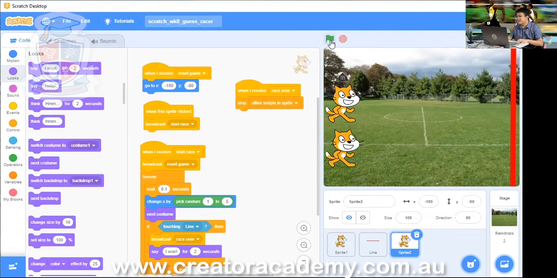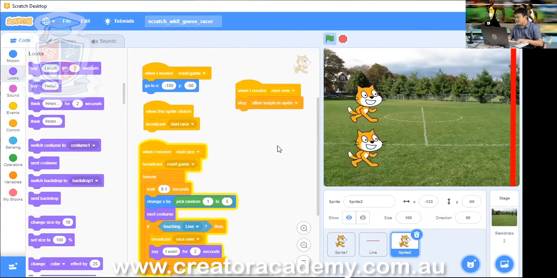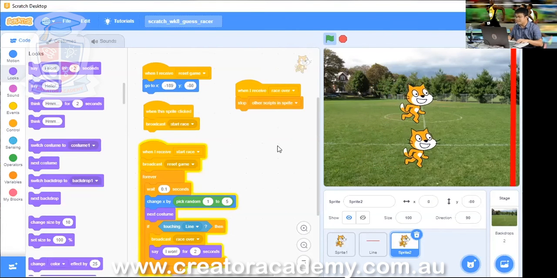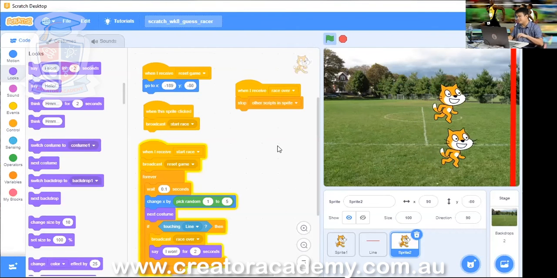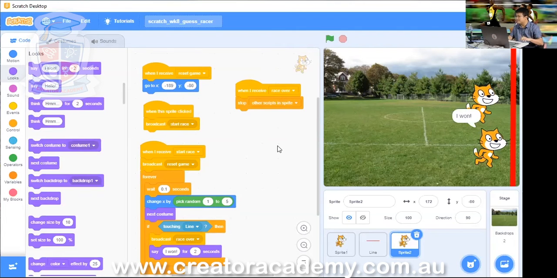So now we press the flag, and now we press on one of the cats, and then they're going to start racing. If you play this race a few times, you'll see that it's not always the same cat that wins. Sometimes it's the cat on the top, sometimes it's the cat on the bottom.